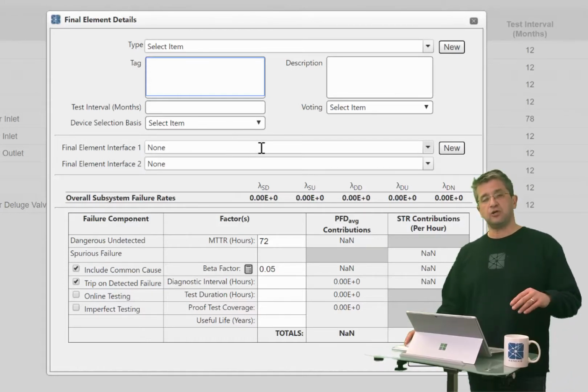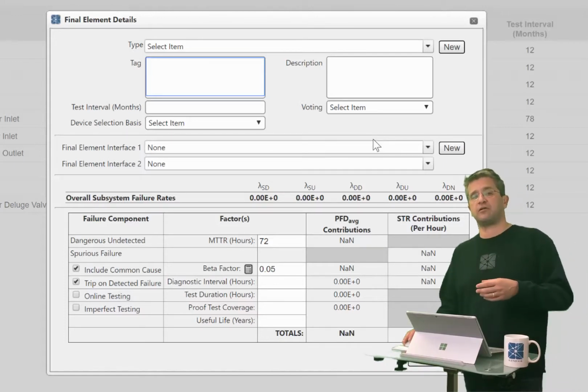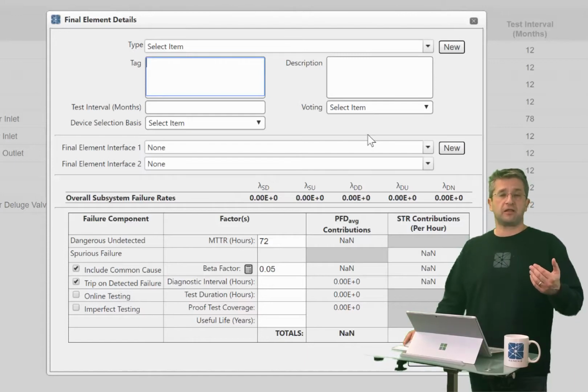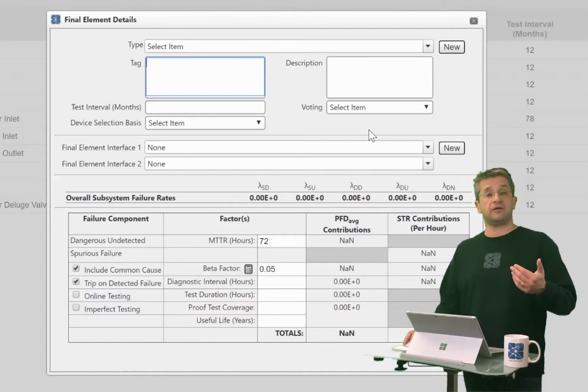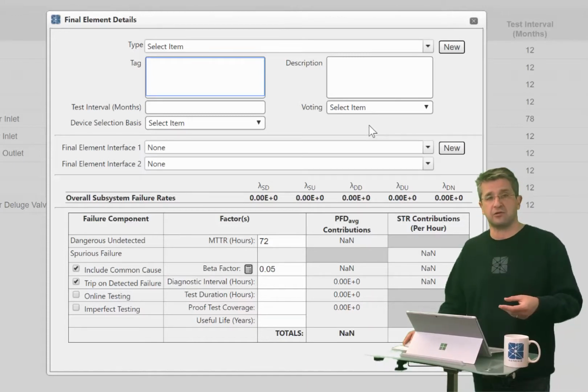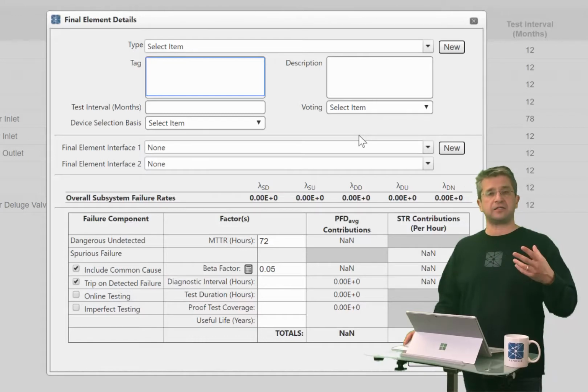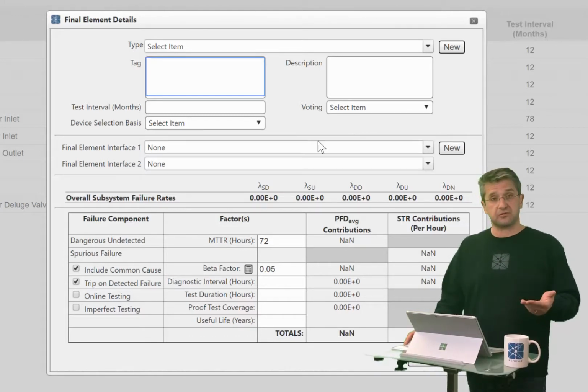In this case, you also have the ability to add two different final element interface devices. And again, these are things that reside between the logic solver and the final element. So for final elements, the most common interface device is going to be a solenoid valve that's going to be a transducer between the electric signal and the pneumatic signal. But you might also have things like volume boosters and other hydraulic or pneumatic components that are associated with the